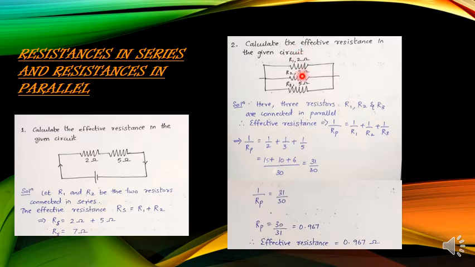You can observe all the three values here, that is 2 ohms, 3 ohms and 5 ohms in the question. The least resistor is 2 ohms. And if you see the answer here, what is the answer? 0.967. It is lesser than the least resistor used in the combination. So what can you say from this? You should remember, whenever resistors are connected in parallel, the overall resistance is going to be decreased. You should be remembering this always. In both the cases, in series the resistance will increase, in parallel the resistance will decrease. How much it is going to decrease? It is going to be lesser than the least resistance used in the combination. Hope it is clear to you all.